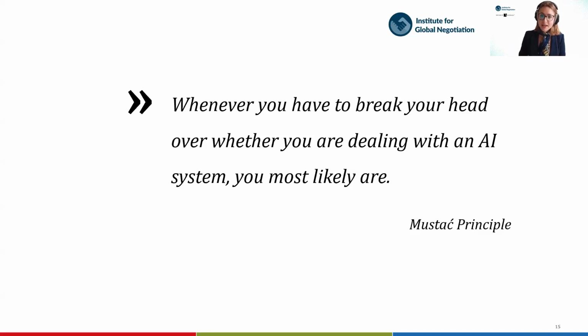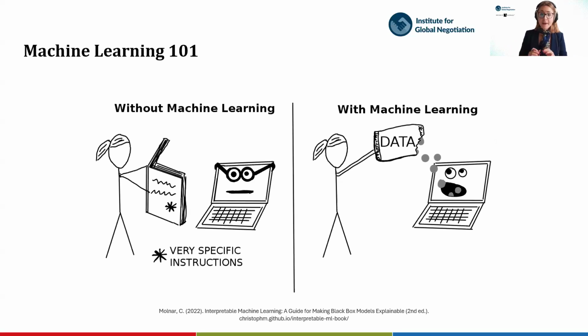Now, AI systems can be developed in various ways using various different methods. One of them is machine learning. The essence of machine learning is that we now no longer only have if and then rules, where I have to hard code everything: if this, then do that. But I give a whole bunch of data to my code, to my system, algorithm, whatever you want to call it. And that system learns something from that data.